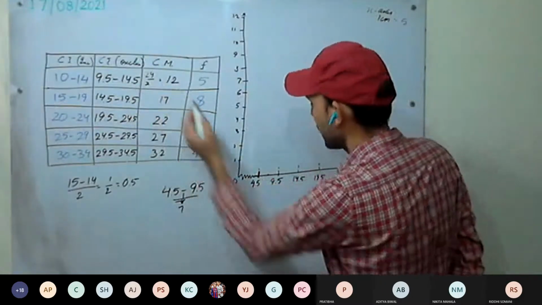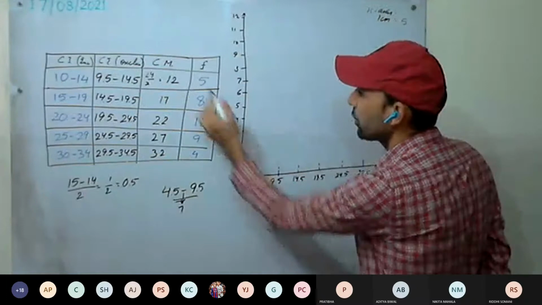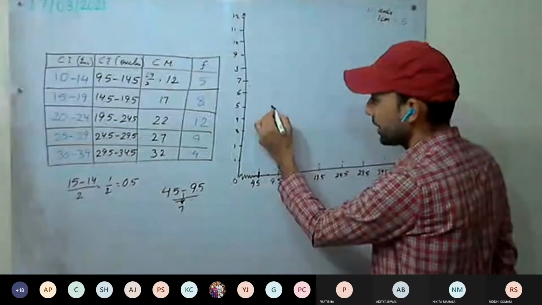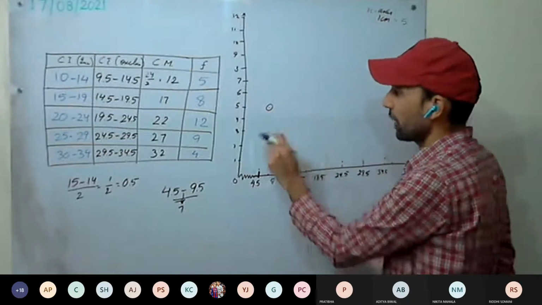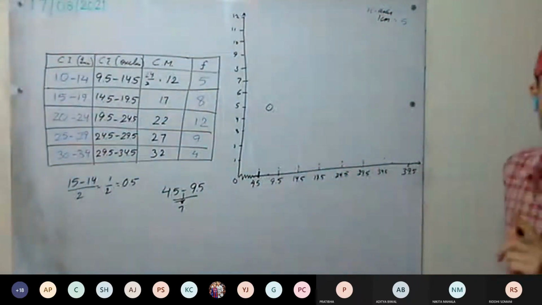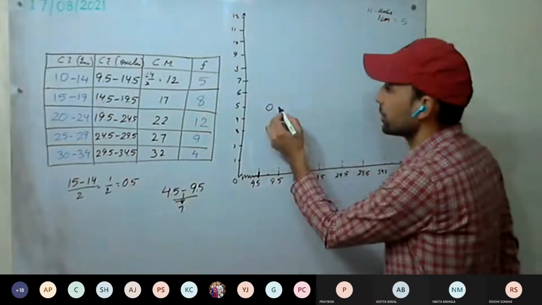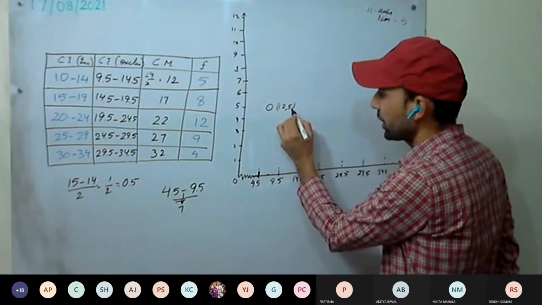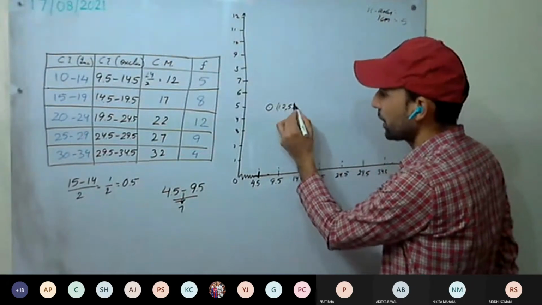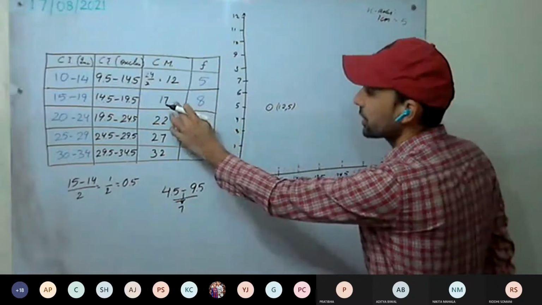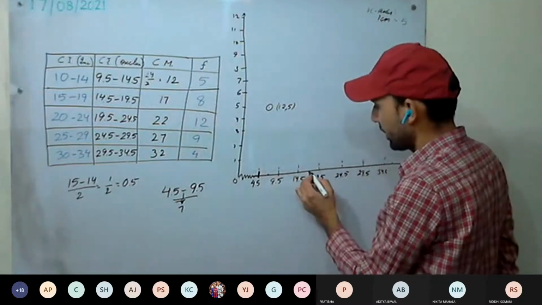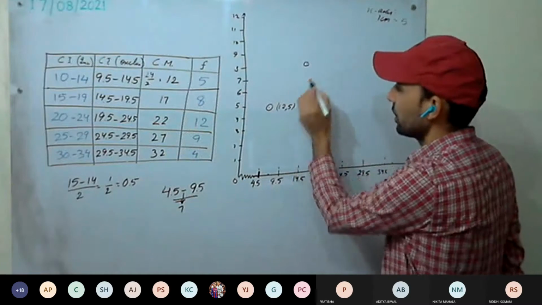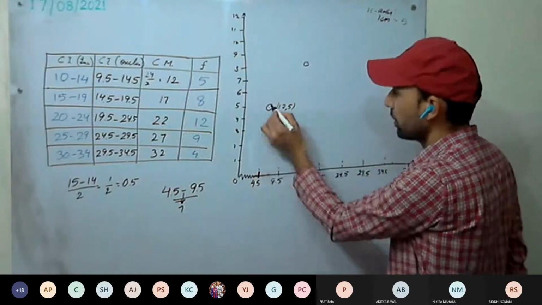First one, 12, 5. You have to draw 12, 5 and circle it. Don't draw it 4 times; we are going to draw through the histogram only. This will be the coordinates, x coordinate, y coordinate, or you call abscissa or ordinate. Next one, 17, 8. 17 here and 8 here. This way you can draw.